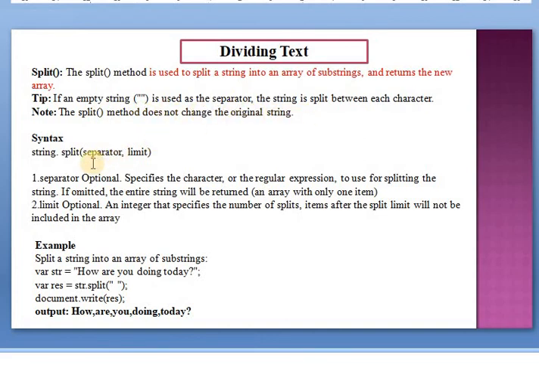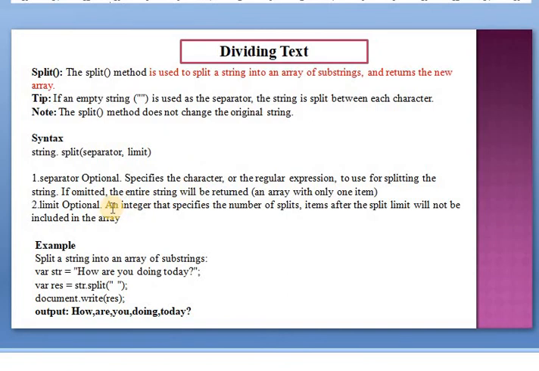The syntax of the split method is string.split, and in parentheses you can pass a separator, comma, limit. Here separator is an optional parameter which specifies the character or a regular expression to use for splitting the string.